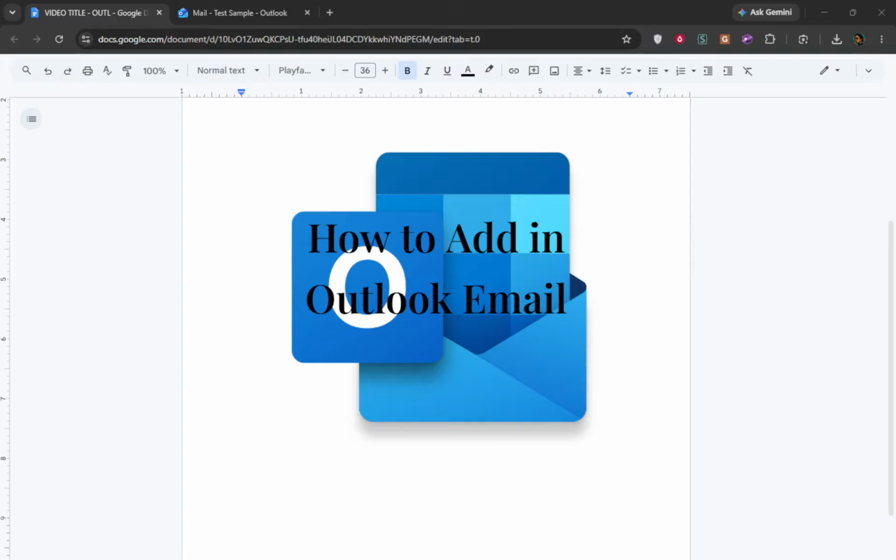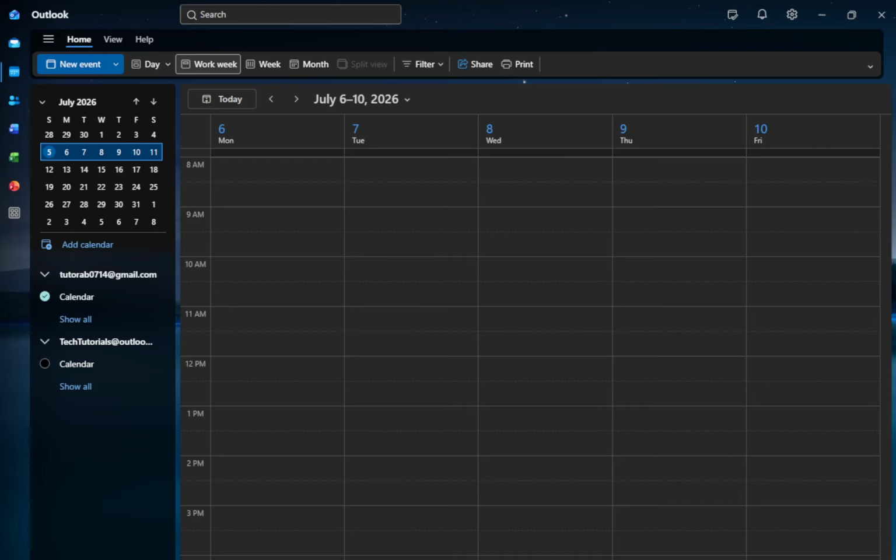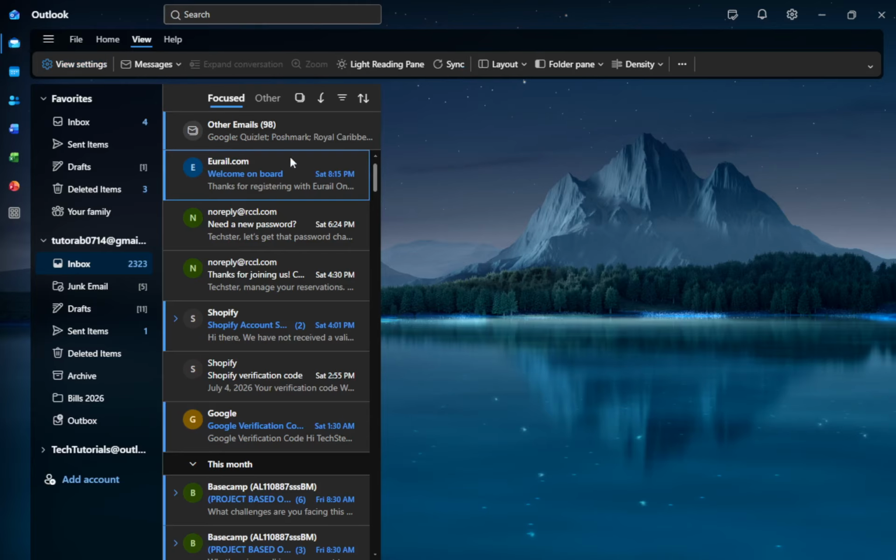You will see the familiar Outlook interface, which is designed for easy navigation. If you are using the classic version, you will notice a traditional layout with menus and options readily available. If you are using the new version, the interface will look more modern and streamlined. This is the starting point where you will integrate your email account into the Outlook software. Having Outlook open ensures that you are ready to begin the setup process.